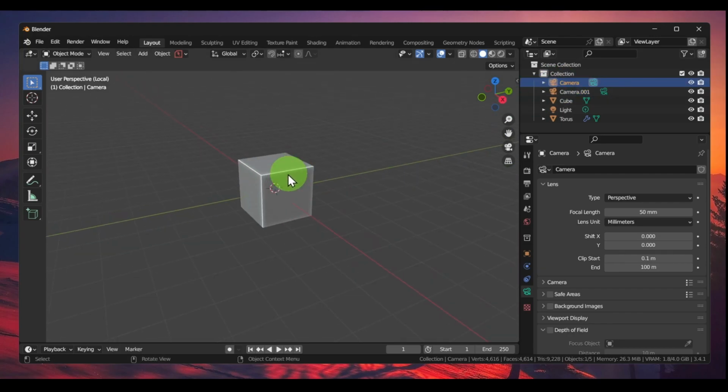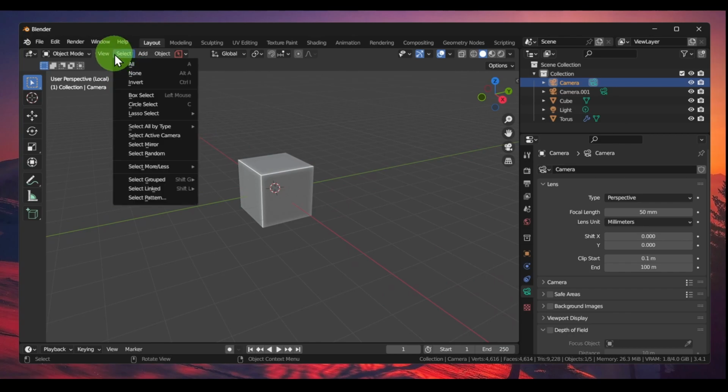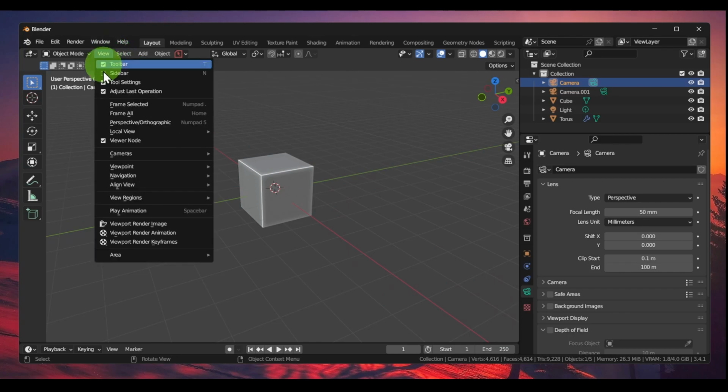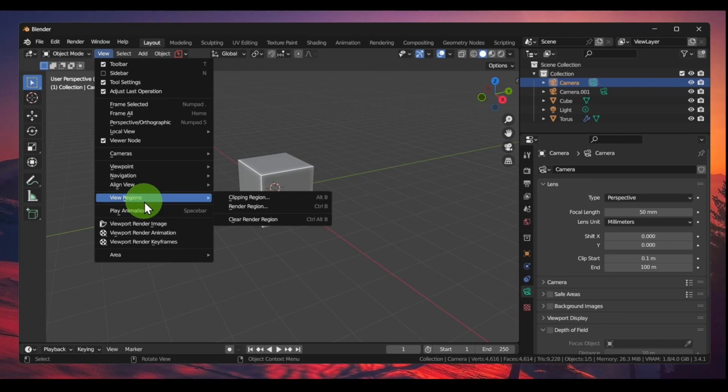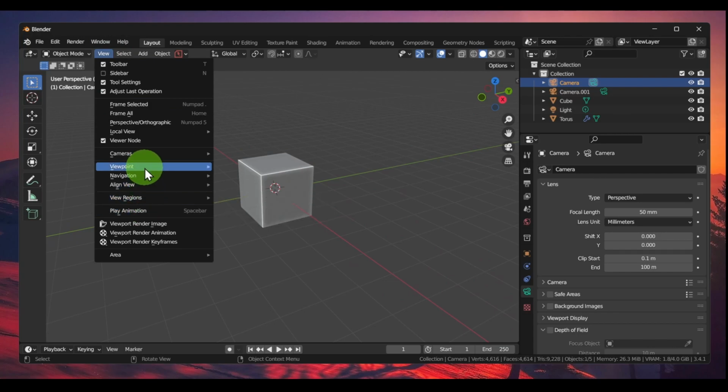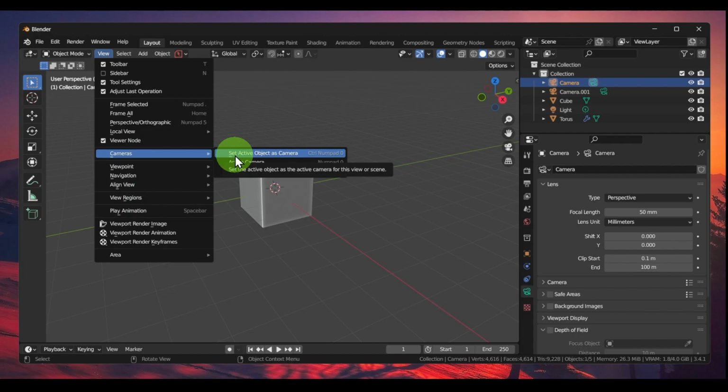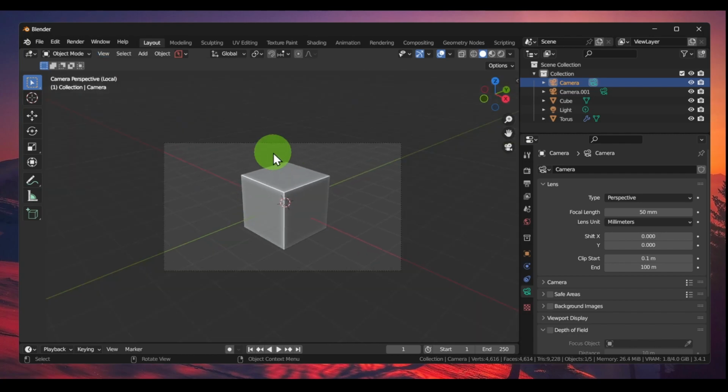If you want to make a camera active, just go to View, and then go to Cameras, and then here select Set Active Object as Camera. You can also press 0 or Control Numpad 0, or just click here, Set Active Object as Camera, or you can select